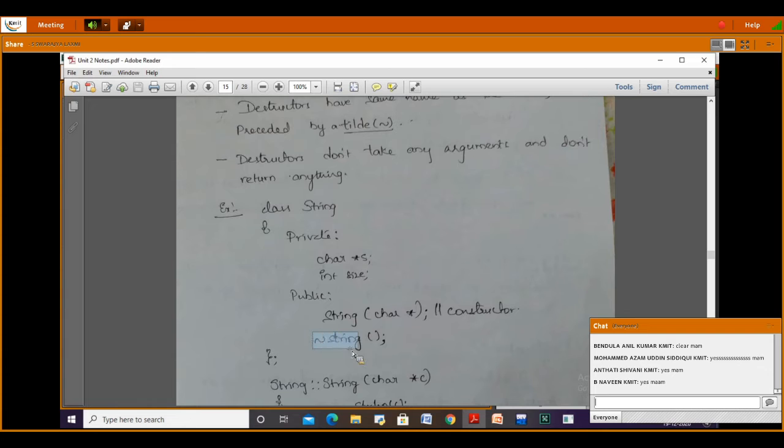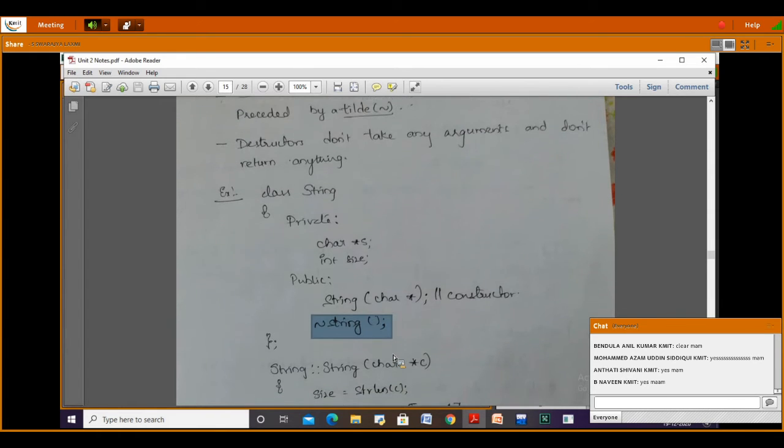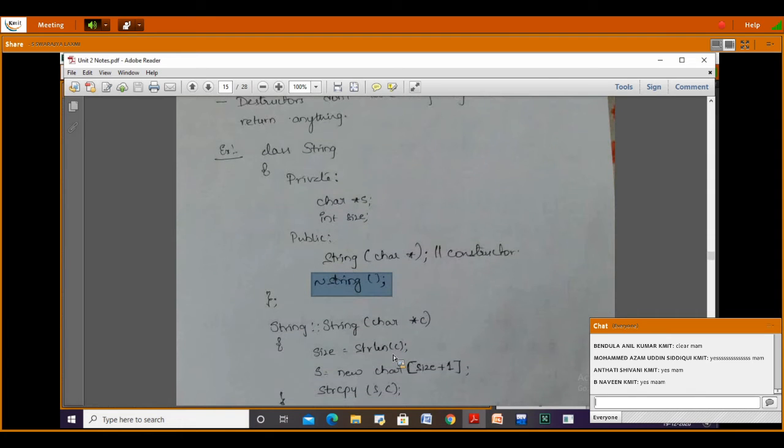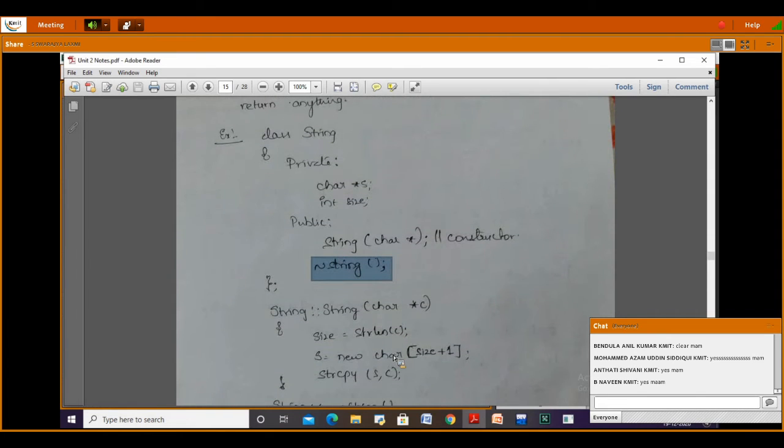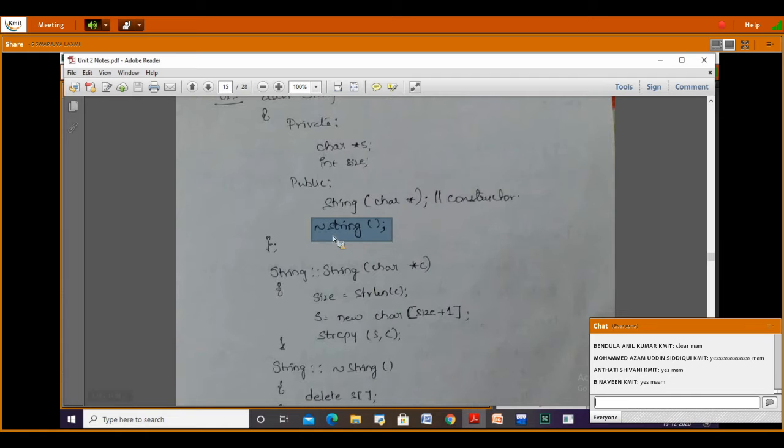You can see the destructor here: the tilde symbol followed by the class name. When I use the tilde symbol, I'm including a destructor in my program.